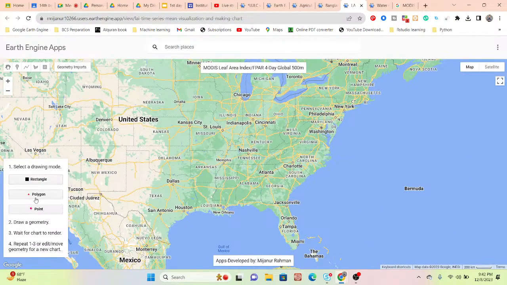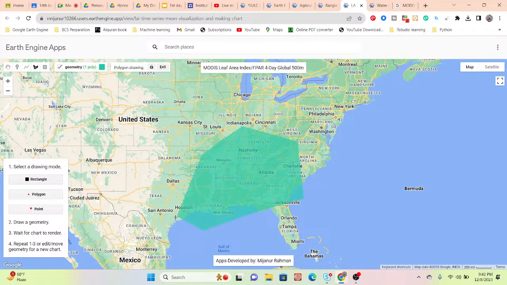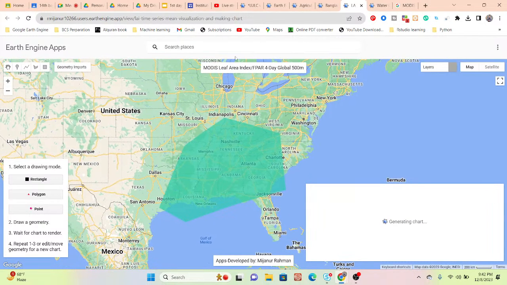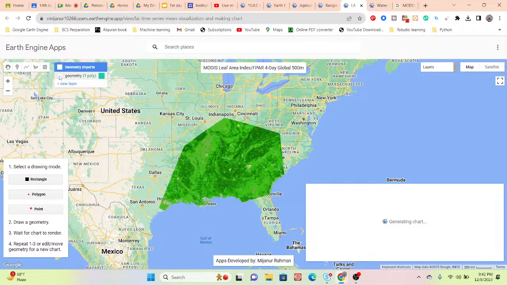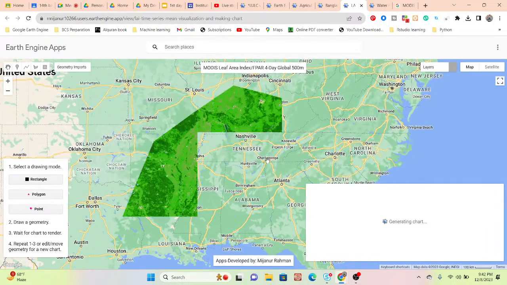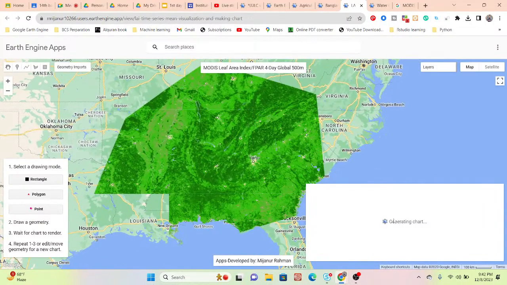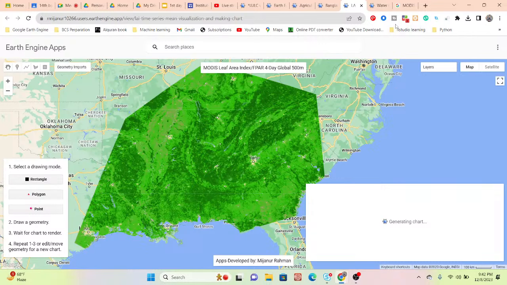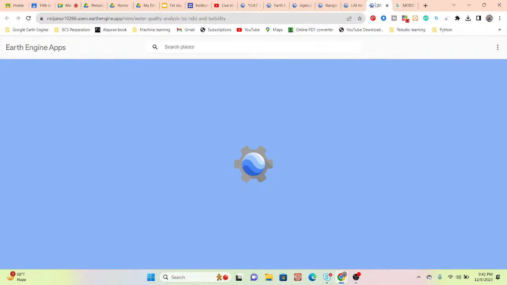Suppose you can simply take the polygon and draw your study area. Suppose this is my study area. Now it displays the result for the leaf area index, as well as makes the time series chart of the leaf area index, or LAI. And you can also see another web application about